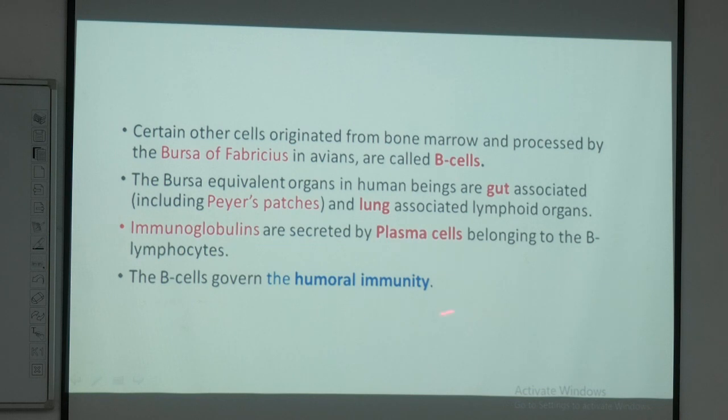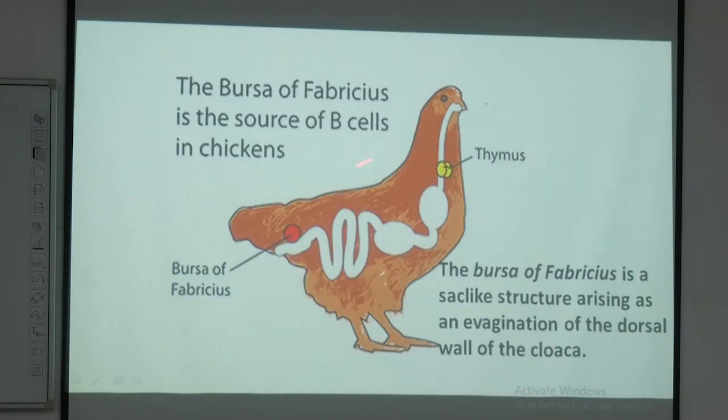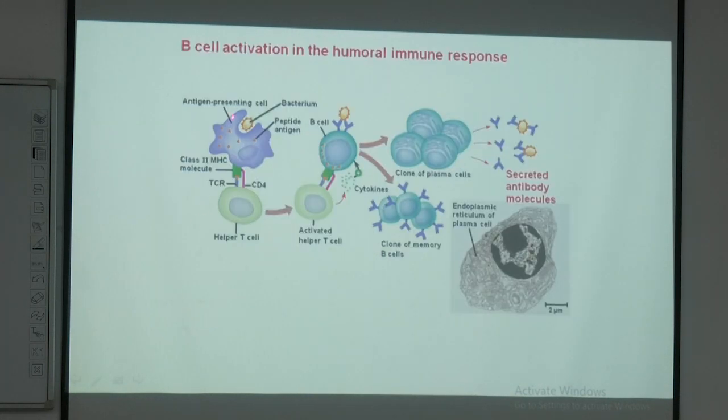So here we come to humoral immunity. The B cells, the name comes from bursa of Fabricius in birds. The similar organ corresponding in humans is the lymphoid organs associated with lung and gut. Here in the bird we have the bursa of Fabricius. It is a sac-like evagination from the cloaca. Here we can see similarly a macrophage